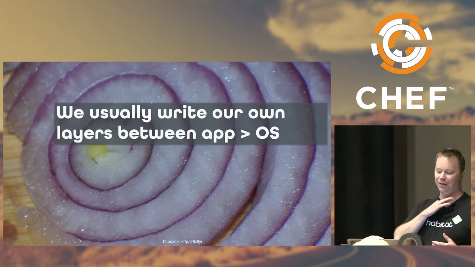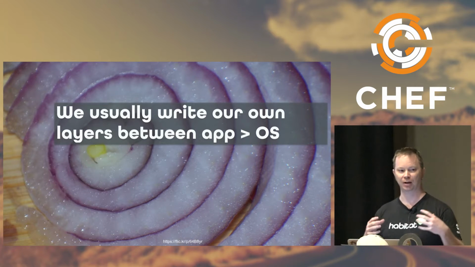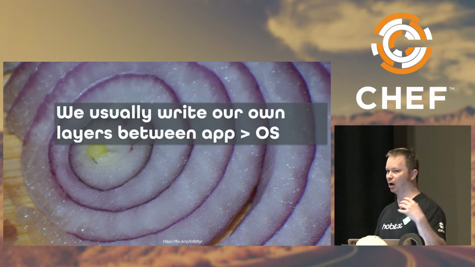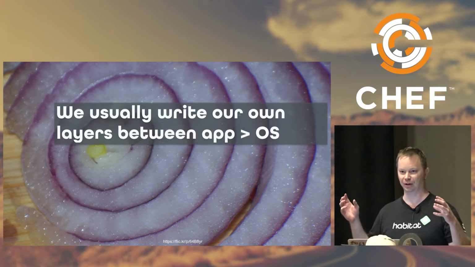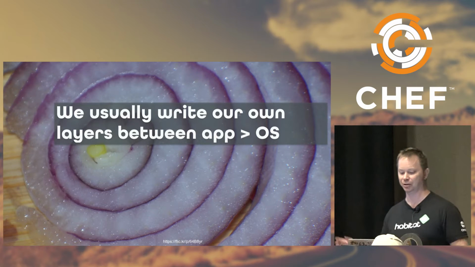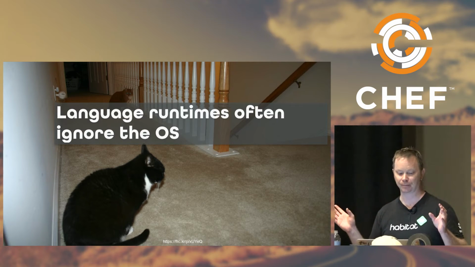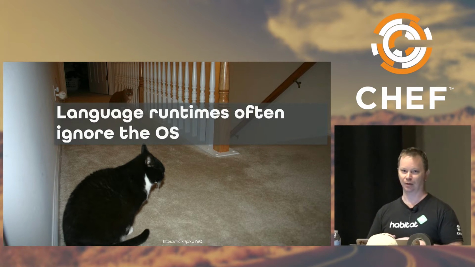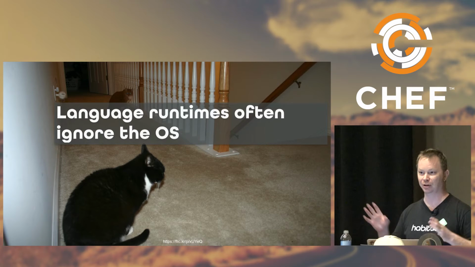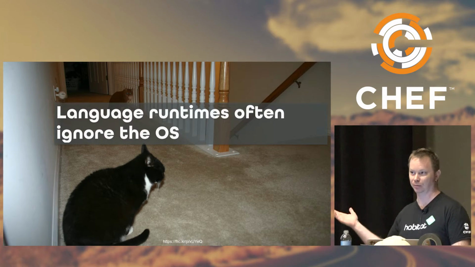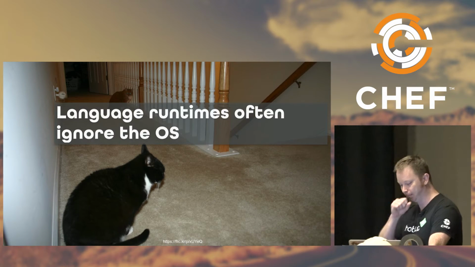And what happens is, at the end of the day, most organizations write these various layers between the application and the operating system. You've got things like Chef and Consul and etcd, and you have glue scripts that have been hobbled together over the various years. And then we also have language runtimes that ignore what the operating system is doing entirely, right? The languages are going to install in /usr/local, or they're going to install in /var/opt, or some weird location that you never know what's going to happen with them, because you don't necessarily know what their assumptions were about it. You just have to make your application work with it.